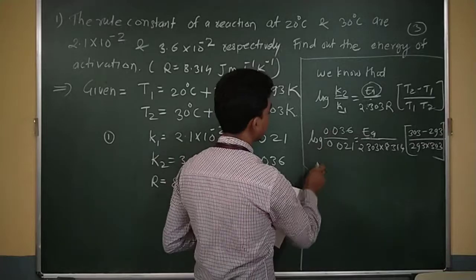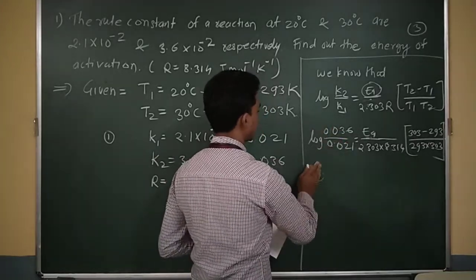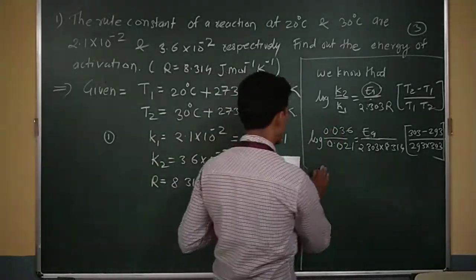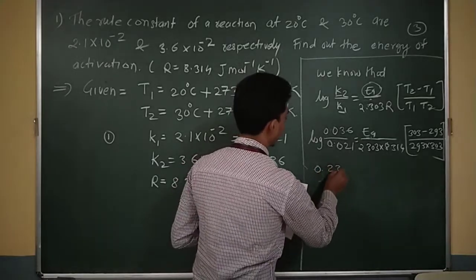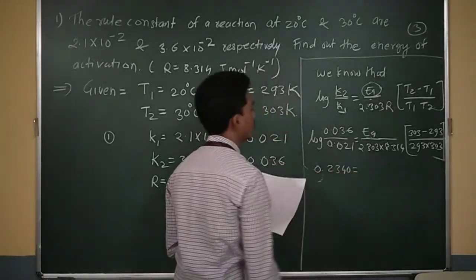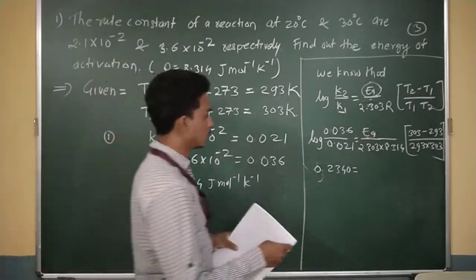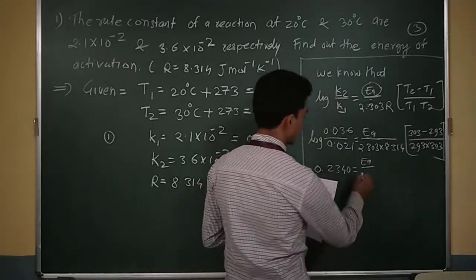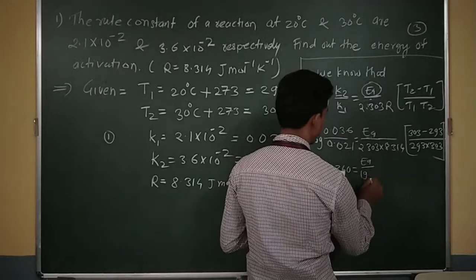When I solve these numericals, and after solving I take the log value, I get the log value. For solving this, 0.2340 is equal to the value of EA as it is, and after multiplying these two values I will get the